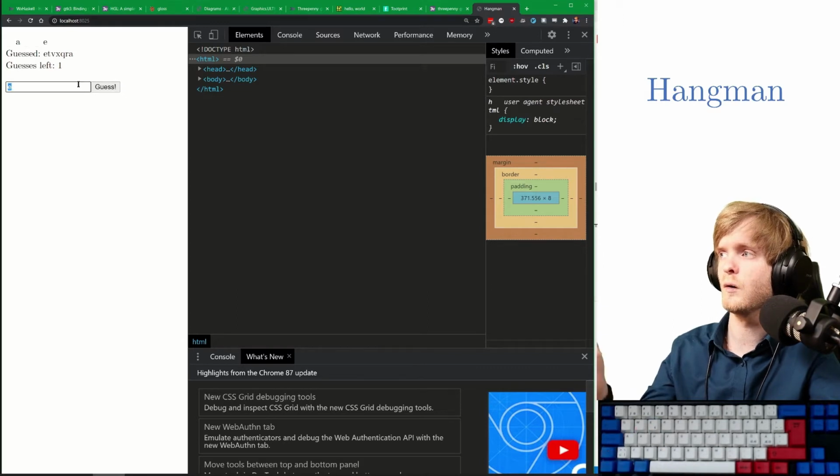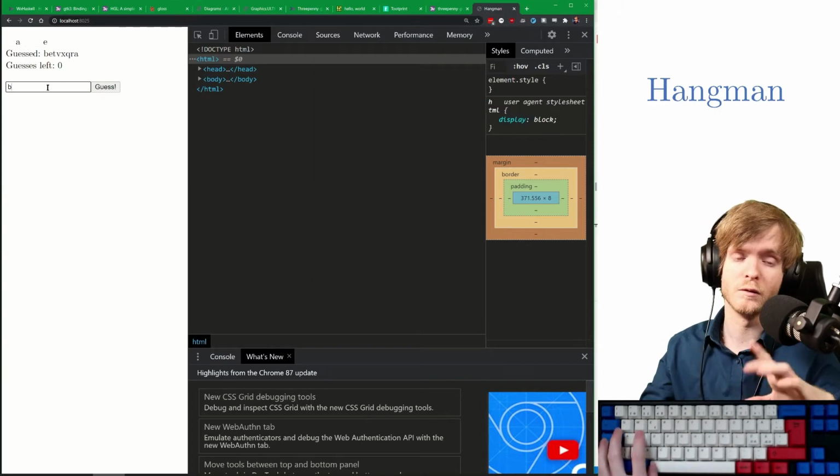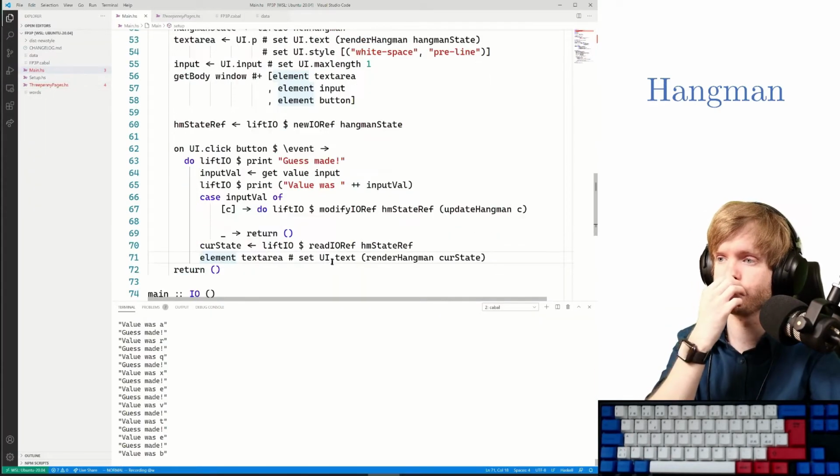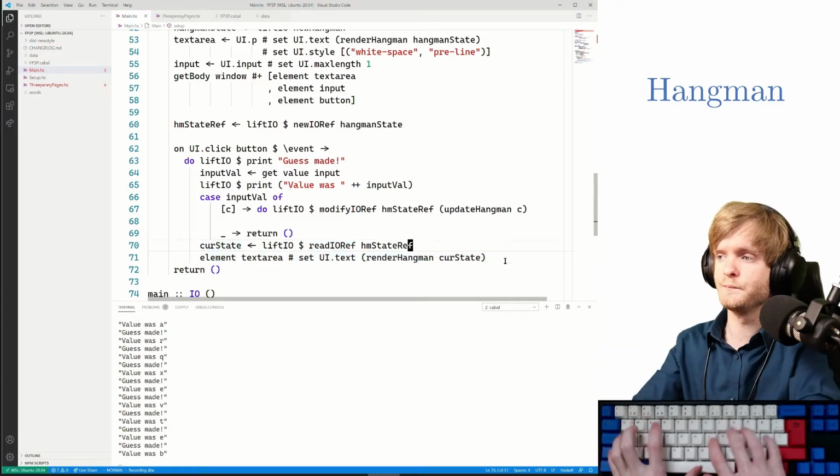Okay. Yeah, I already guessed E, right? B? No. Okay, so now we have no guesses left. We haven't actually implemented any logic for that, right? So let's do that. Let's say here, so instead of saying just set it to the current state, let's say